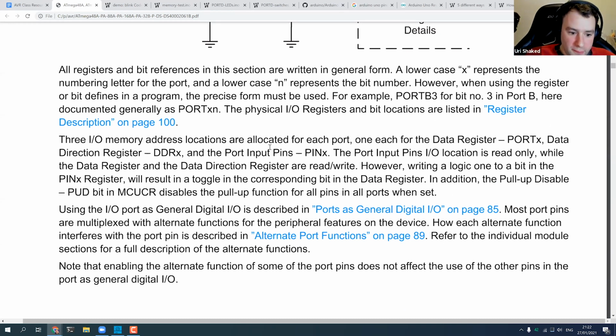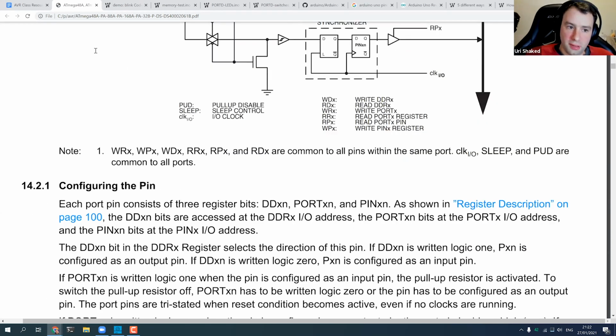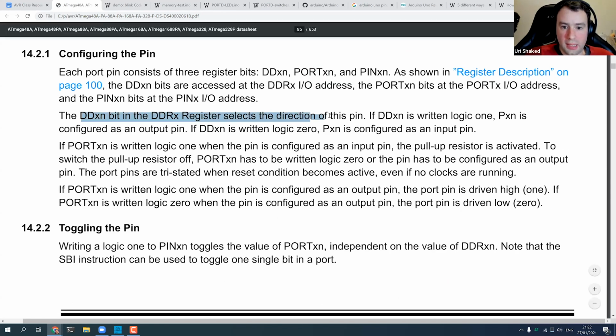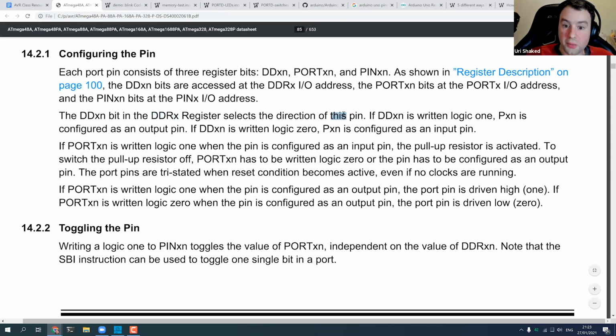So you can see that if we want to configure the pin, then we have to use the DDxn. So DDR-A, DDR-B, C, or D, to select the direction of the pin.